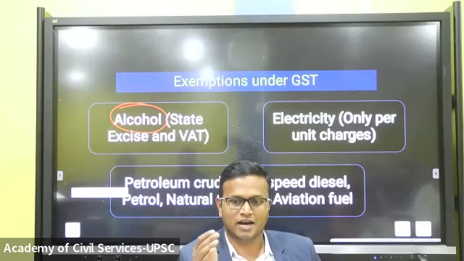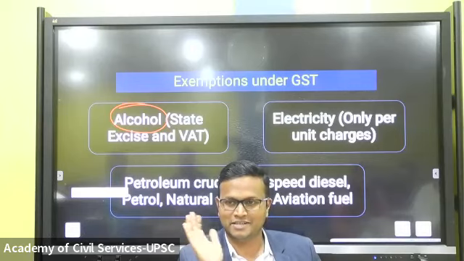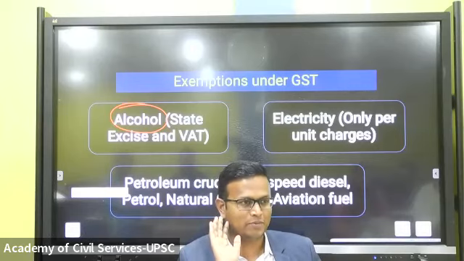The government wants to charge more tax from the people who want to drink. If you want to drink, you give the money and drink. That is a huge revenue for the government. And recently there was a debate in Assam that during Durga Puja, it should be declared a dry day, but the government did not declare it. Why? The government will have a huge loss of money.